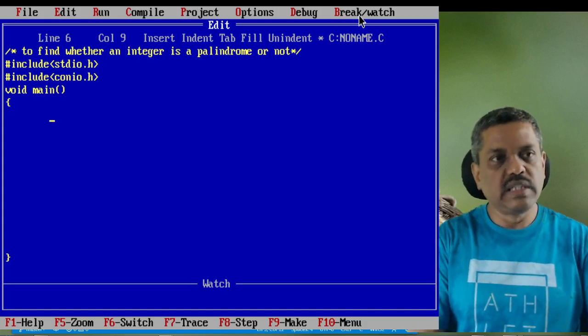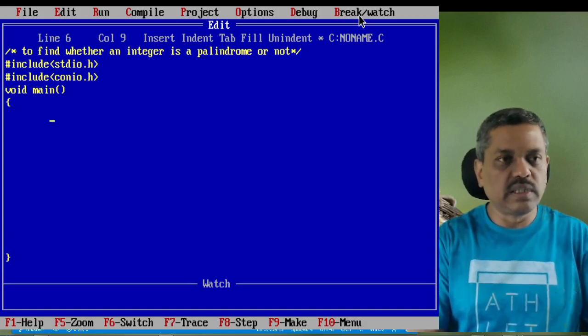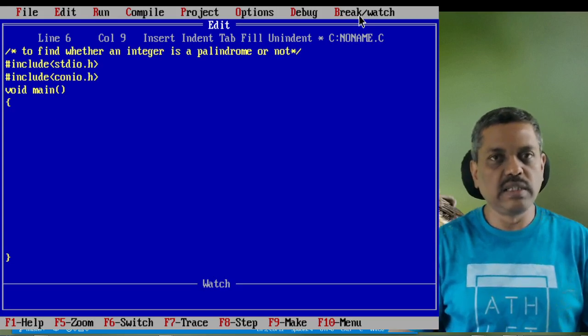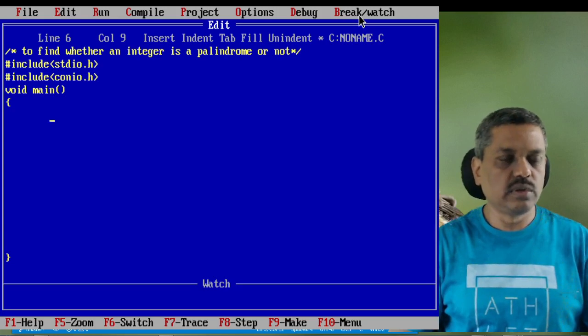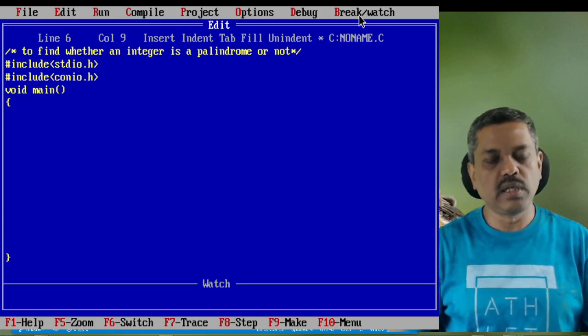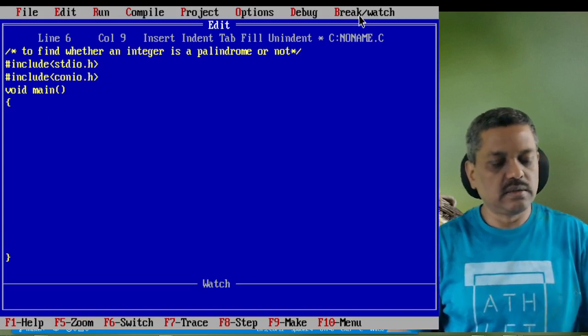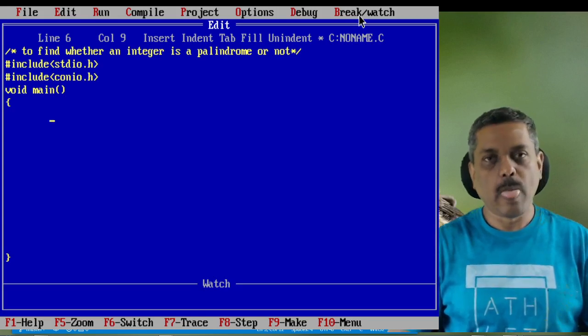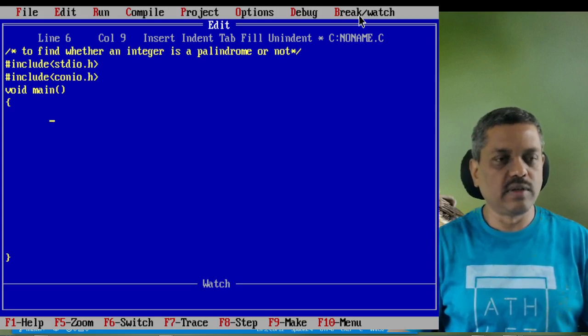The other important aspect is the kind of container, that means the data type that you need to use to store the variable in the memory, whether you are storing it as a character, an integer, or a floating point number. All that is very important.